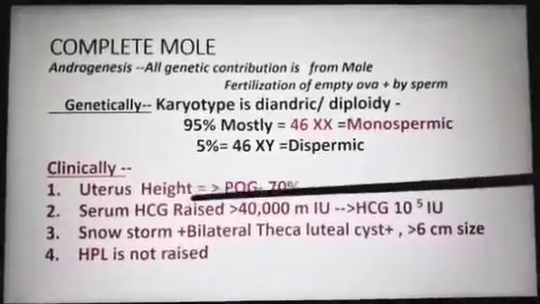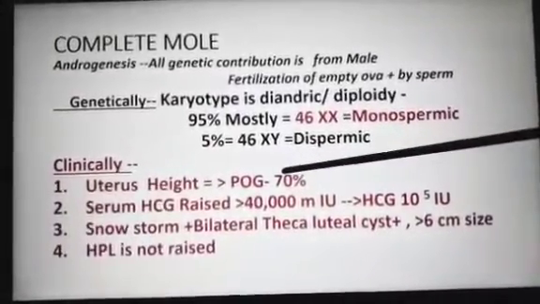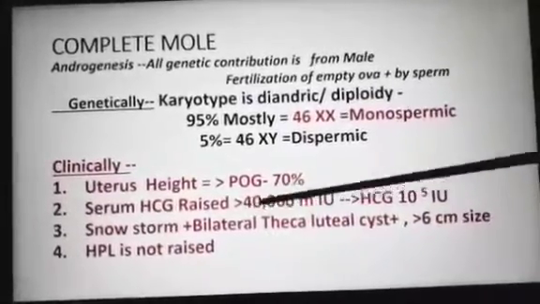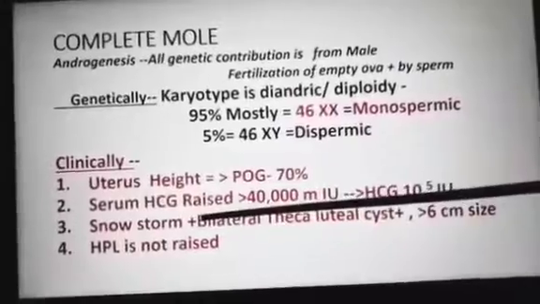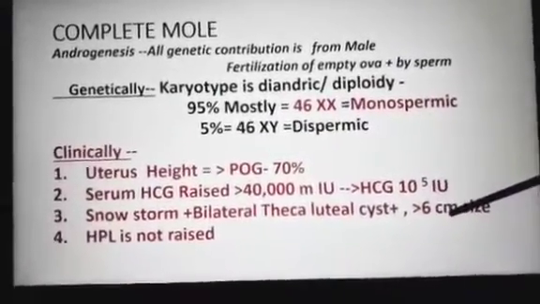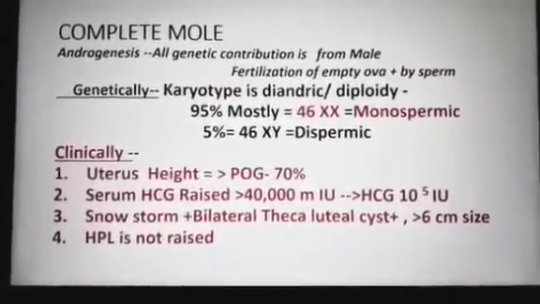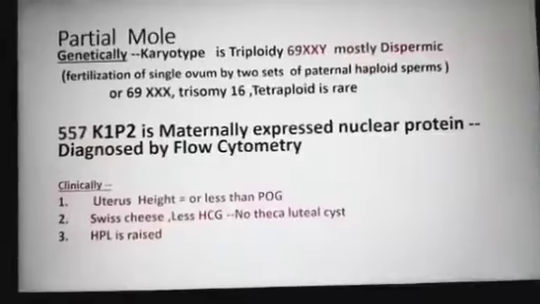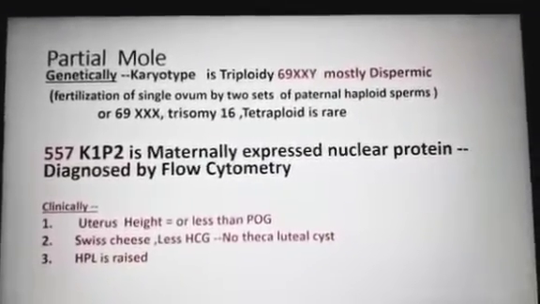Clinically, the height of the uterus will be more than the period of gestation in 70% of cases. Serum HCG is more than 10⁵ milli-international units per ml. Snowstorm appearance, bilateral theca lutein cysts may be more than 6 cm in size, and HPL is not raised in cases of complete mole. In partial mole, genetically the karyotype is triploidy,